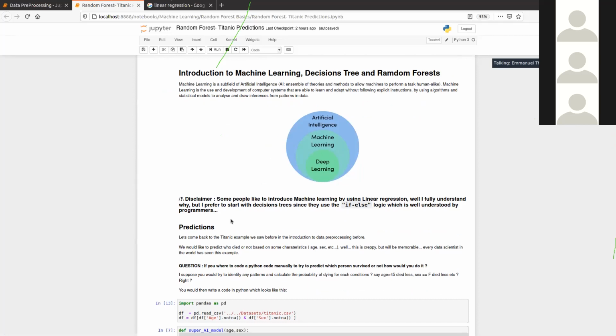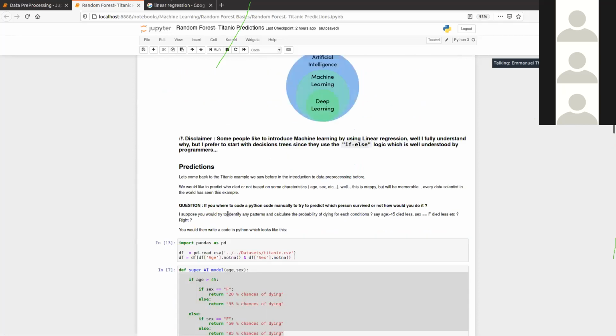Either you predict categorical data, such as whether a person died or not, or you can also predict linear data, let's say the price of a house based on how many square meters the house is.